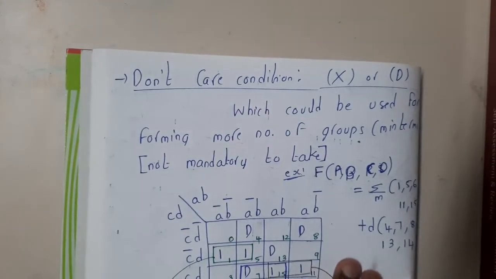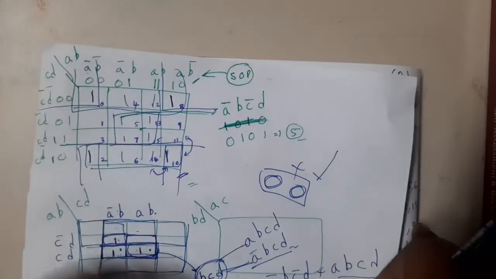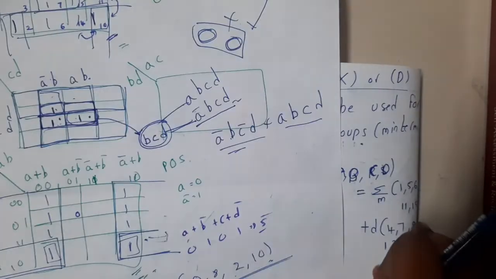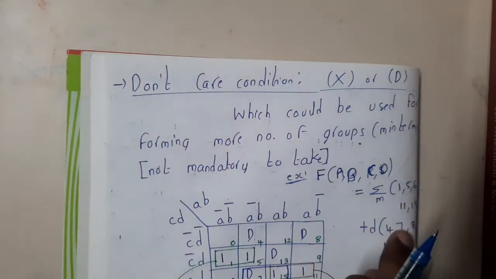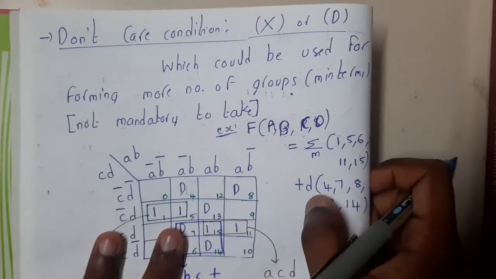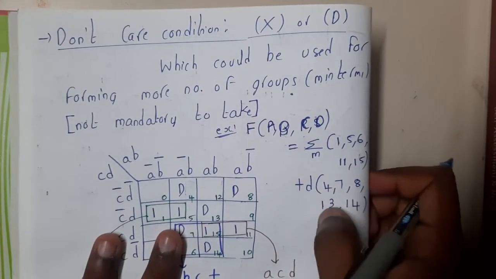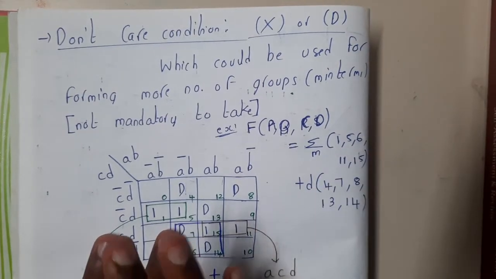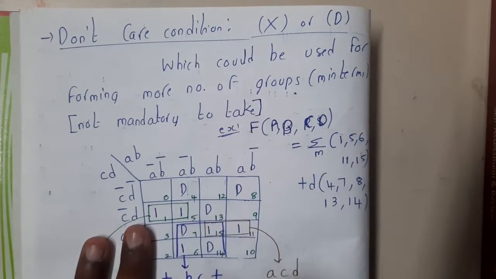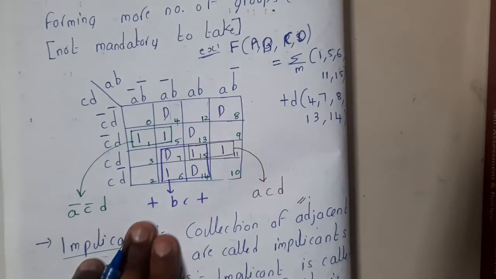Basically here we marked 1s everywhere, wherever we got the values. And you will be given some more things, guys, like don't care, D. So 4, 7, 8, 13, 14, they give as don't care positions. So instead of writing a 1, you will write a D there. Let me solve it so that you will get a clear idea of what exactly I am trying to say here.